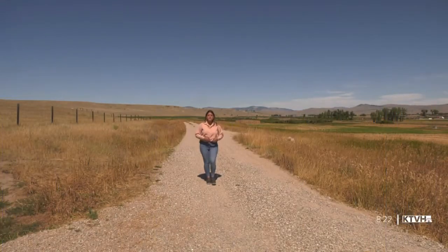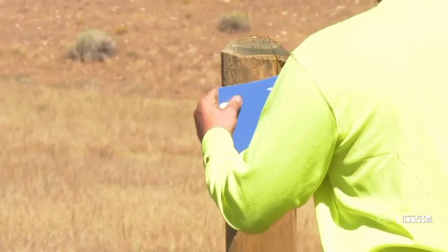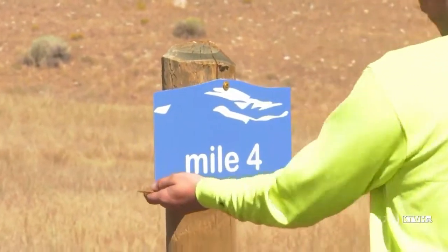The old Yellowstone Trail, starting here at the trailhead at Washington Street in Deer Lodge, is a 10-mile trail that treks all the way to Garrison. These are the final punch list things to open it up and just put the last icing on the cake for everything. So after 5 months of construction, Jeremy Mickey, owner of P3M, puts the finishing touches on the old